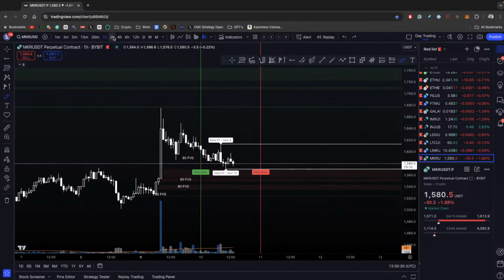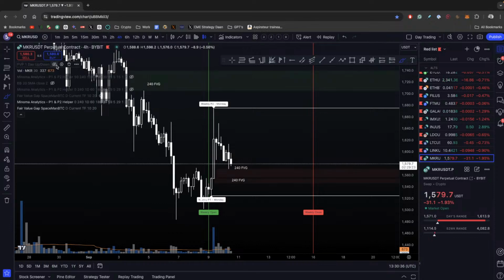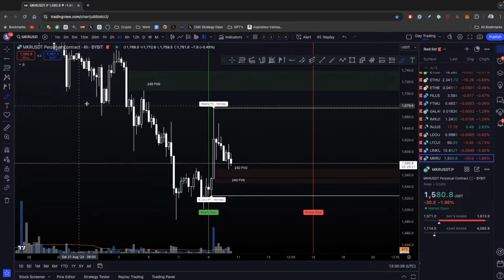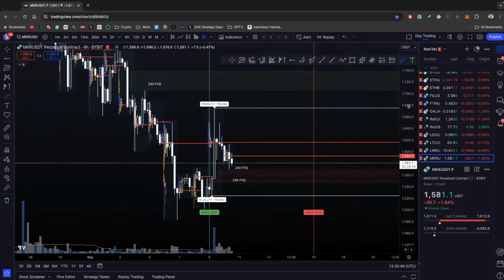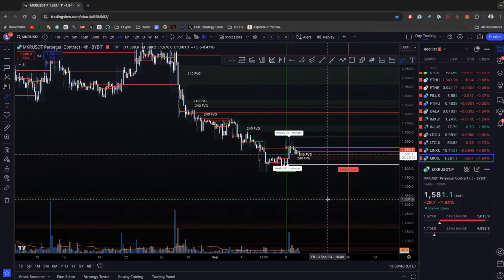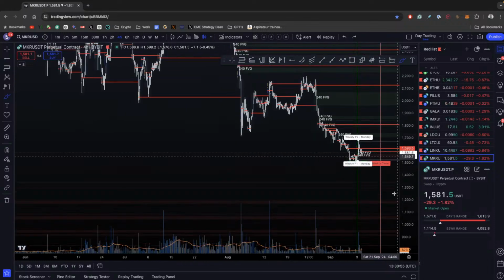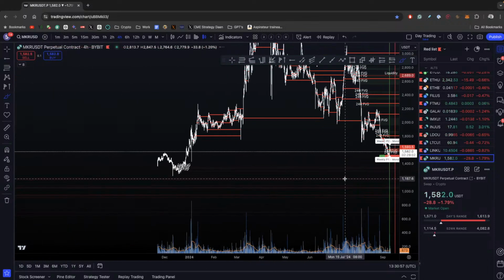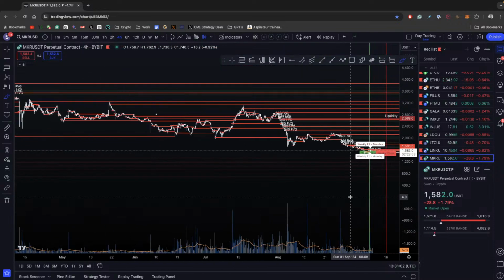We have some fair value gaps below us. Even on the 4 hour, I see, let me get my PVP indicator. Not too much to the downside, but it's pretty clear this thing is trending down. And we just had this move up, this bam, this spike up. And I mean, if I see this, I'd rather assume continuation down. So from here on, we have been in that downtrend right there.